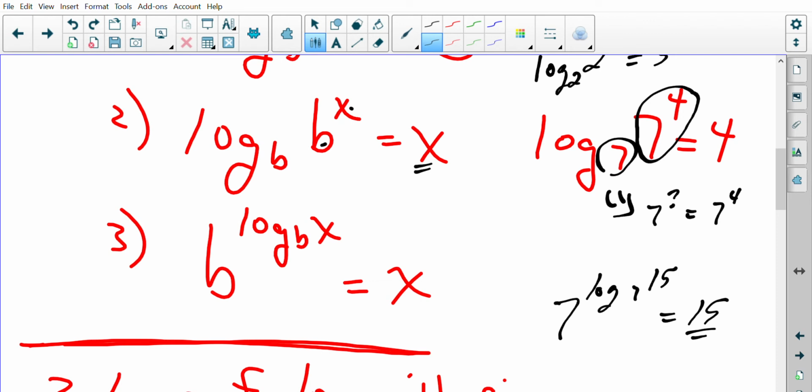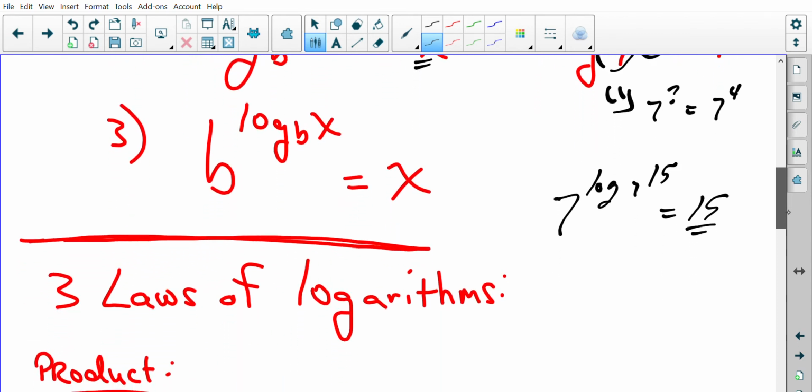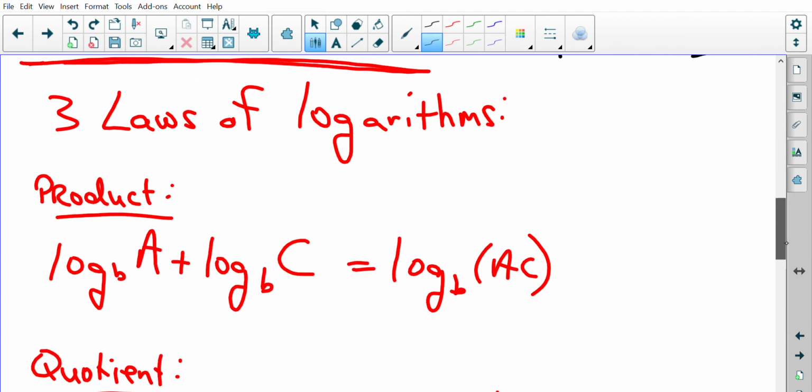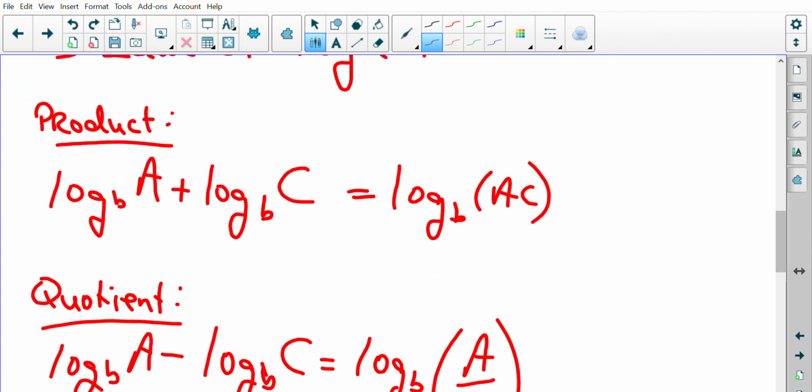I'm just trying to refresh your memory on the properties. If you wanted to dig more in depth in these, you could certainly find further information to explain why this in fact is true for all of these. Alright, so in addition to your 3 basic properties, you would be expected to know what are called the 3